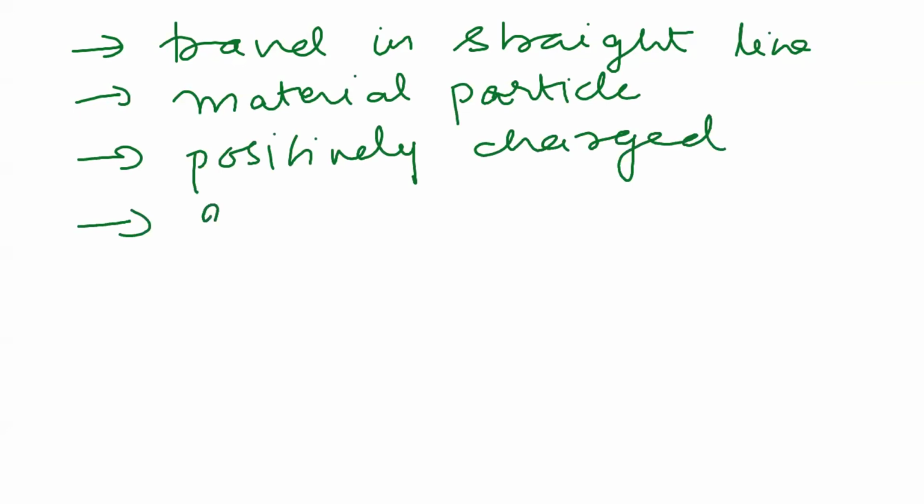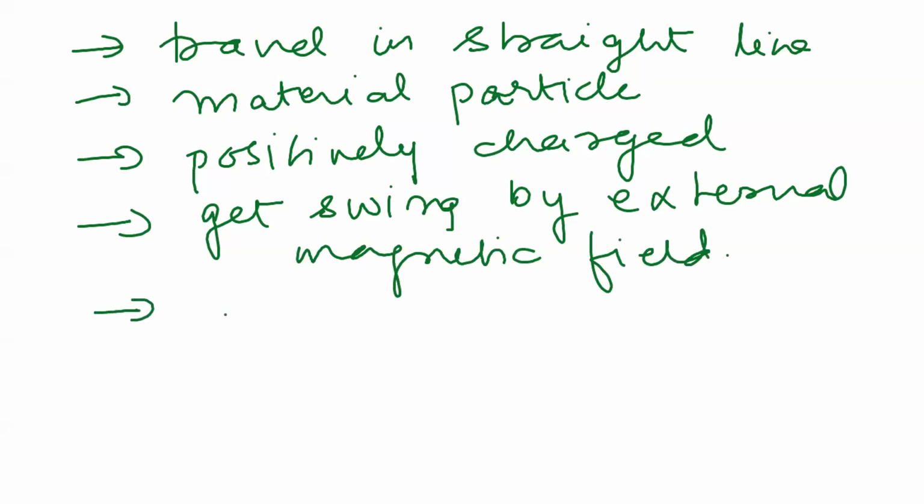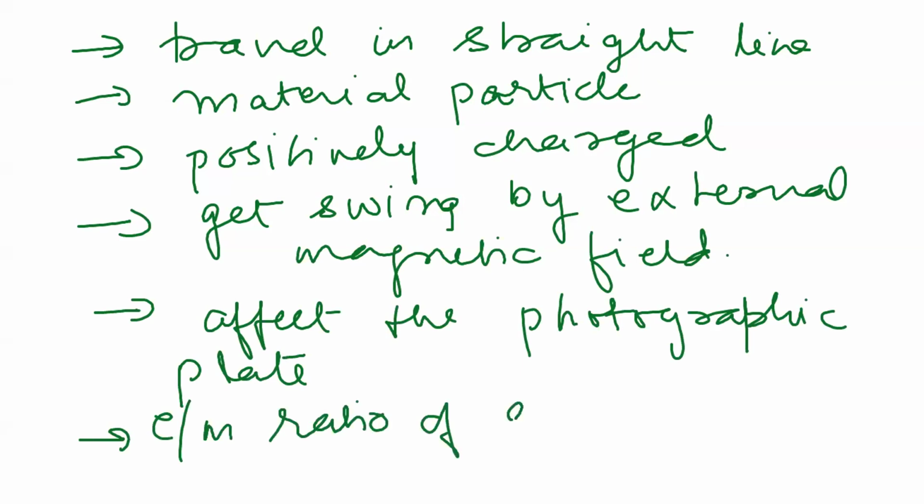Anode rays get swung by an external magnetic field. Then anode rays affect the photographic plate. Then next is the e by m ratio of anode rays